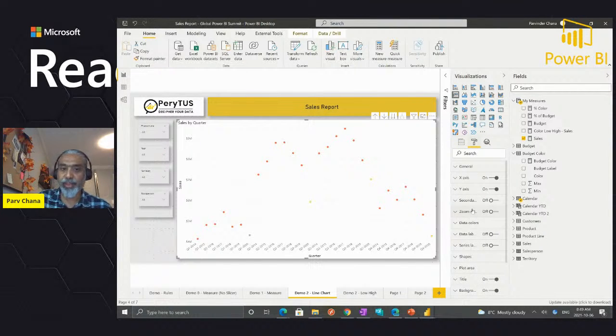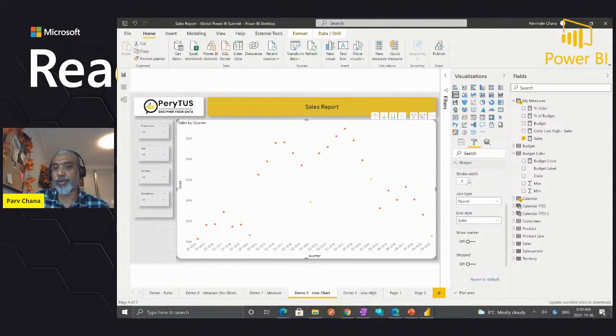You can create a bar chart, and very rarely you use a pie chart, but you create a bar chart, apply your conditional formatting, and then switch to the pie chart, and it will work. What I did here is I created a bar chart, and then in the shapes, I think I set the stroke width to 0 so that the line doesn't show up. You cannot highlight the line, you can only highlight the data points. So I made it 0, and that's how you apply conditional formatting.